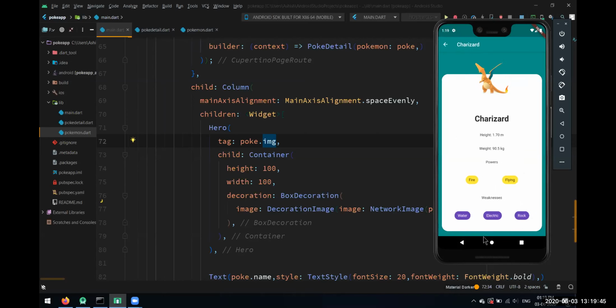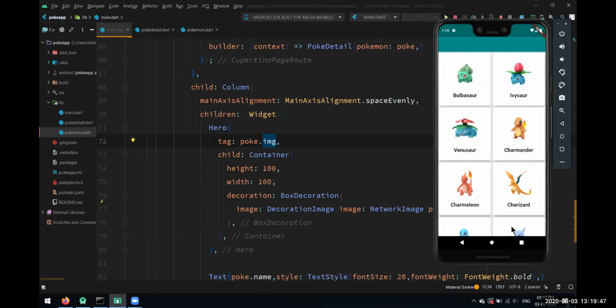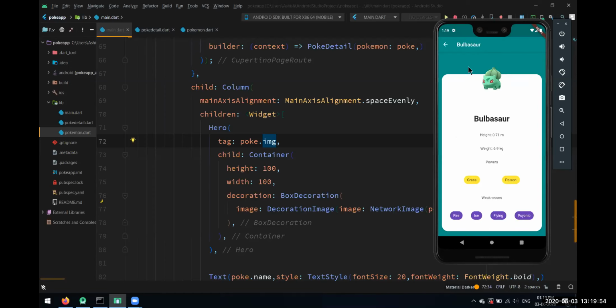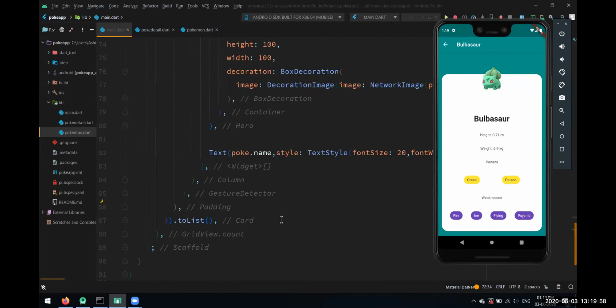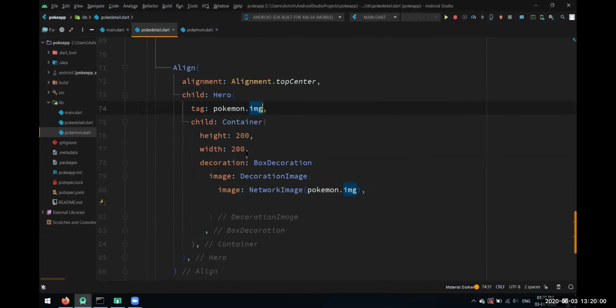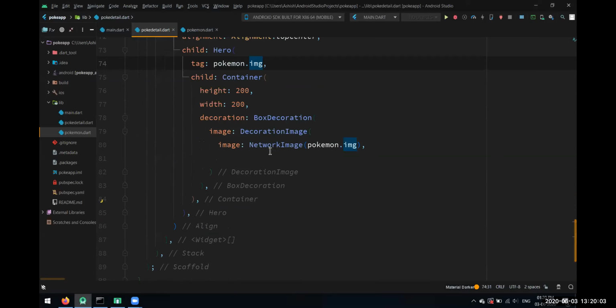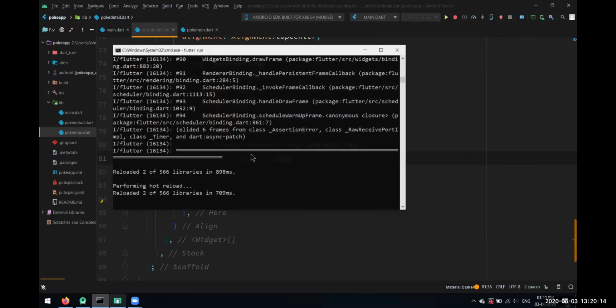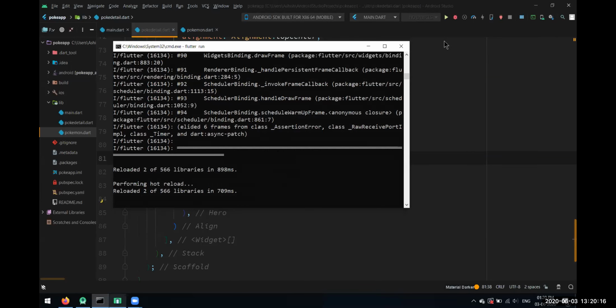You can choose any one, this will go. So this is one thing about the hero widget. But what fault are we having here? The image is very small over here. So let's make it grow a little bit. Let's specify its fit. Inside this decoration image, we have the property of fit. We'll make it BoxFit dot cover. It will cover up the available space. So now it is looking good, I think.